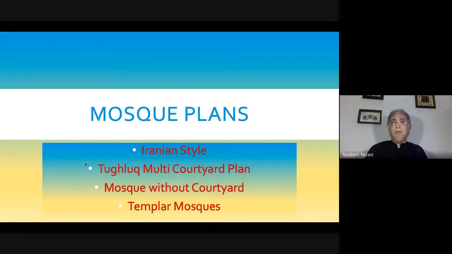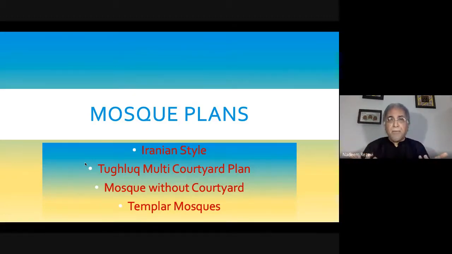Let me come now to certain of the mosque plans. There are a number of varieties of mosques, the plans which entered into the Indian subcontinent. The initial mosque plans, one of the first, as you know, is the Qubbatul Islam Mosque at Delhi. Now, especially the mosques which were built in the Indo-Gangetic Basin, this area, Agra, Delhi, they are all mosques which